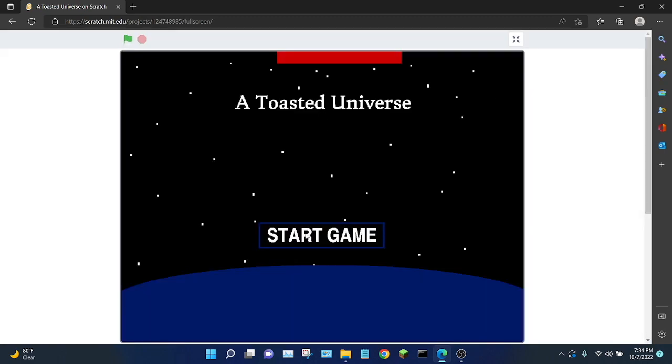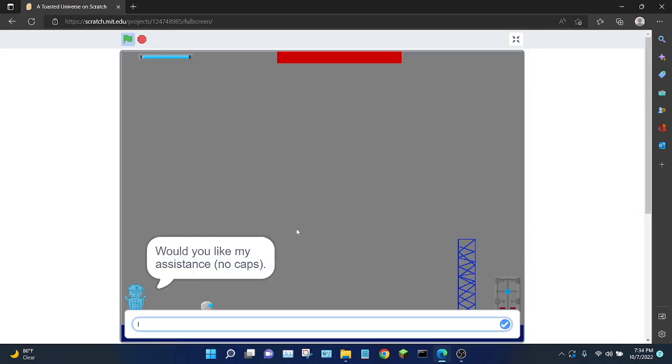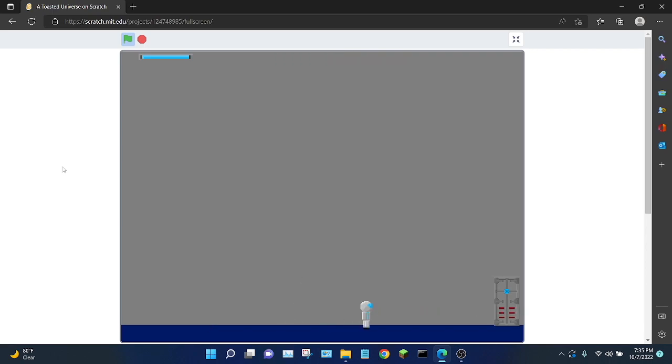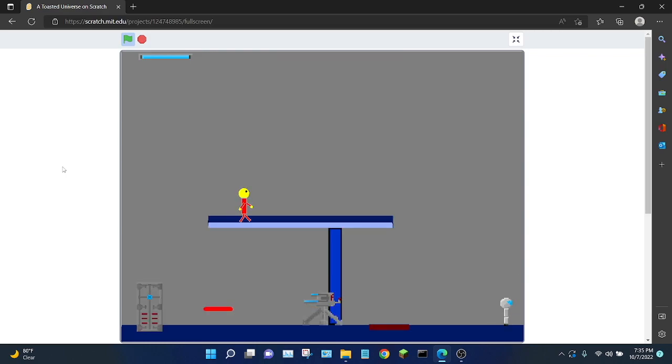So this game starts, you're on a ship getting attacked by aliens. You have this hologram captain who gives a tutorial, and you can skip that. You move with the arrow keys. You shoot with the space bar, and your goal is just to progress through the game by hopping through these doors. You want to avoid anything that's the color red, including these red guys, which are really easy to kill. These dark red tiles here, you just click W to jetpack over them so you can continue to progress through the game.